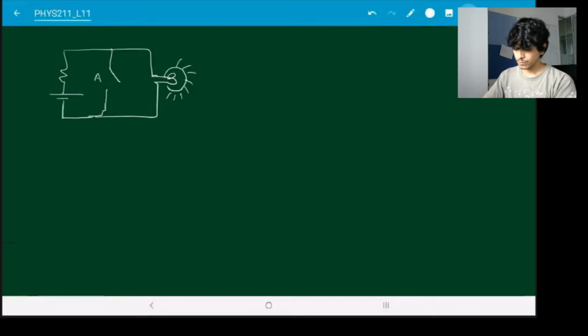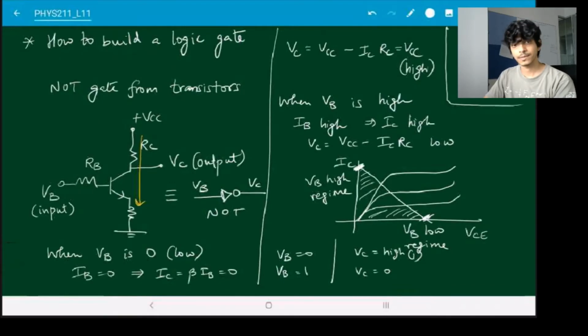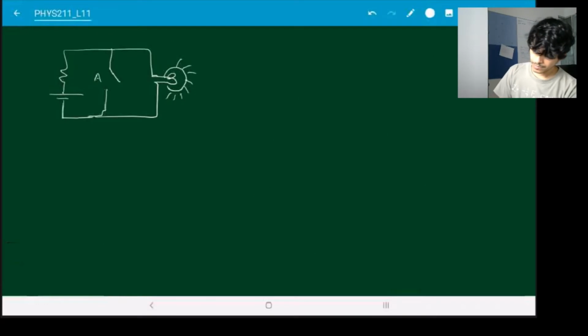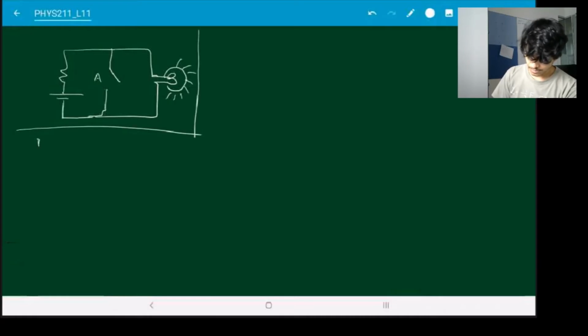Whereas what we have done over here on the previous page is with the transistor, it's more automated, in some sense more sophisticated. You can make this actually a part of your circuit. So that was one way of building a NOT gate. We can also talk about building a NOR gate. How should we do this?